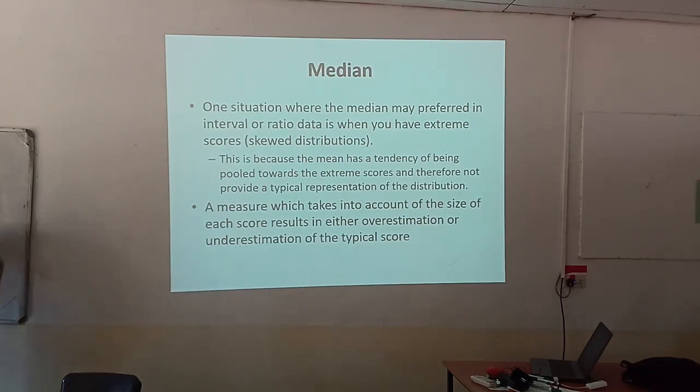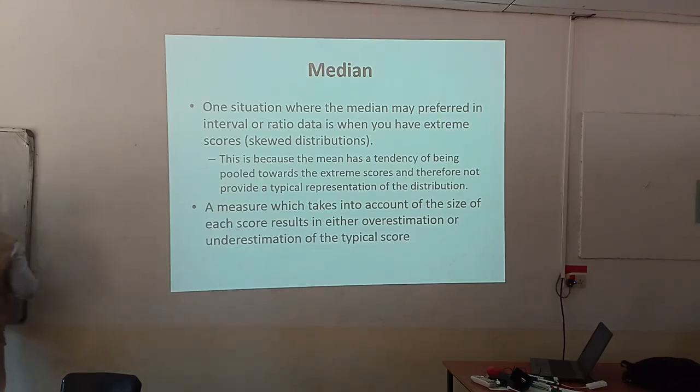So in terms of talking about the typical performance, the median will be talking about the typical performance because it is talking about 50-50. The mode will be talking about the commonest, the largest number of scores. Now, the score with the largest number of observations. So that is what is going to happen.